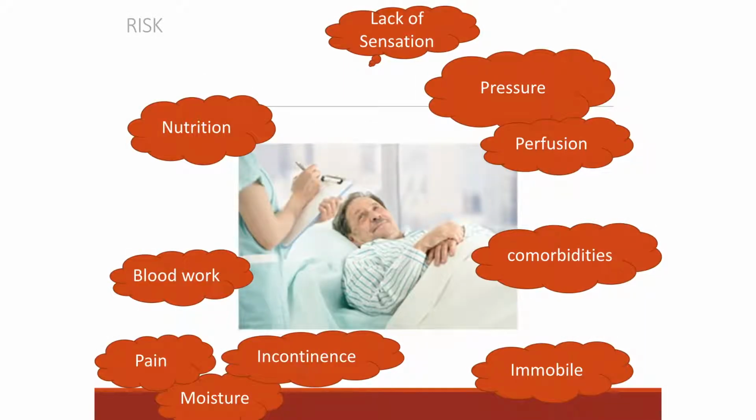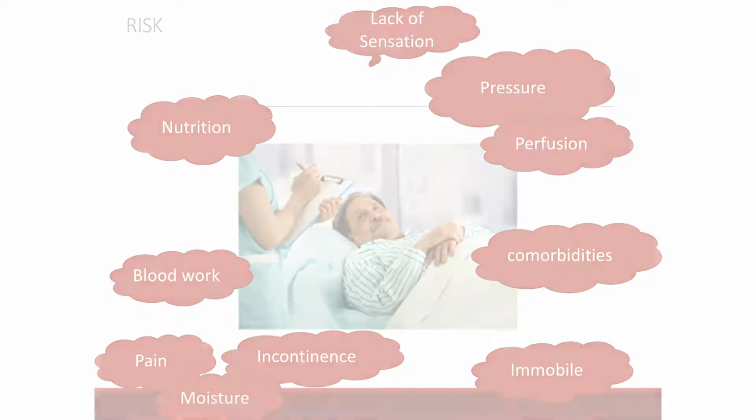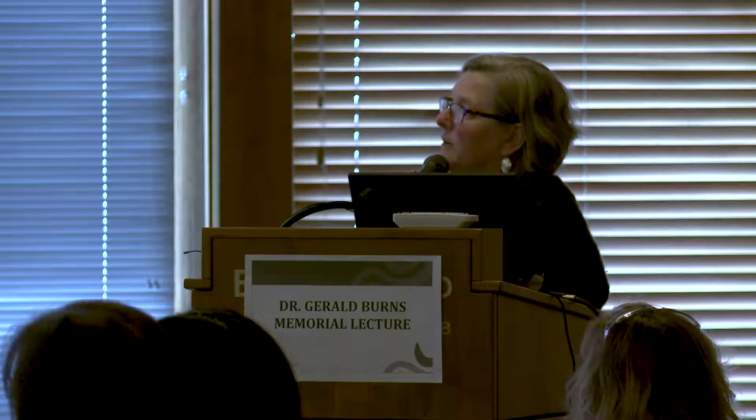So this lady is 83 years old. She has many worries as we talk about frailty, and you have been talking about frailty. There are things that we have to keep in mind for every patient. What is their blood work? What is their incontinence moisture factor? How immobile are they? What's the blood supply? And what sensation level do they have? Nutrition, how is that impacting the patient? So all that is taken into consideration when we look at our patients for risk of pressure injuries and skin